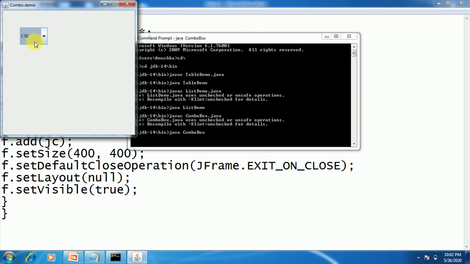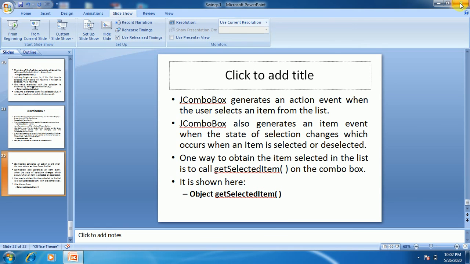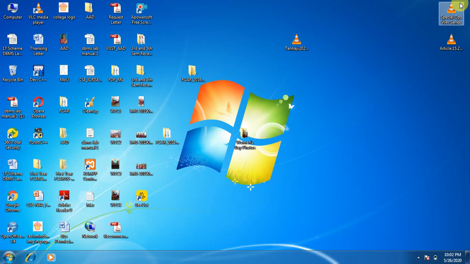Now here whatever you are seeing, this is the structure of a combo box which will display the drop down list. Now when you click on this one, it is going to show you the branches which we have added to that combo box: CSE, ISE, ECE, EEE and mechanical. If you click on one, that branch is going to be selected. So this is the working of a combo box. So this completes your fifth module of the